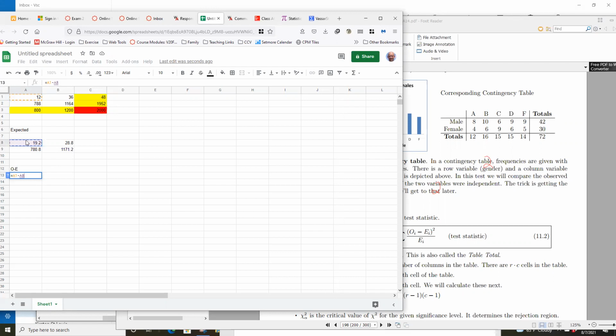Okay, see, I'm not lining up the cells. The 12 is how many people we saw that got the vaccine and got infected. That's the same thing with the 19.2. That's how many we would expect. So I'll do that same thing. I'm going to do observed minus the expected. And that's for the people that got the vaccine and did not